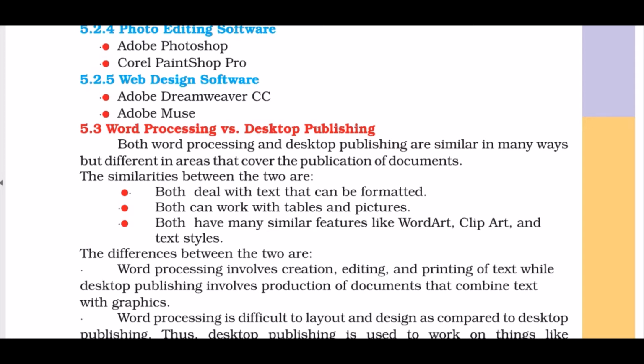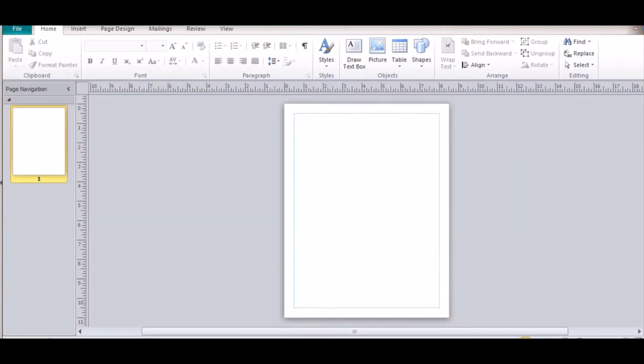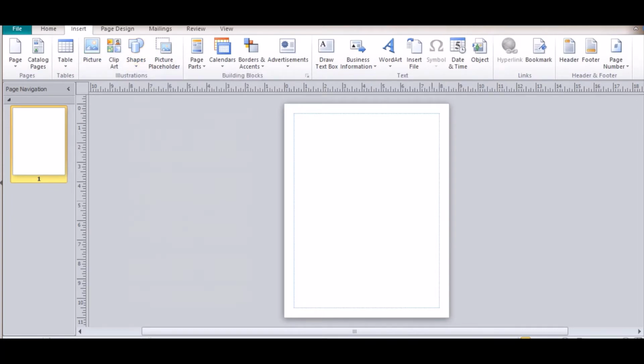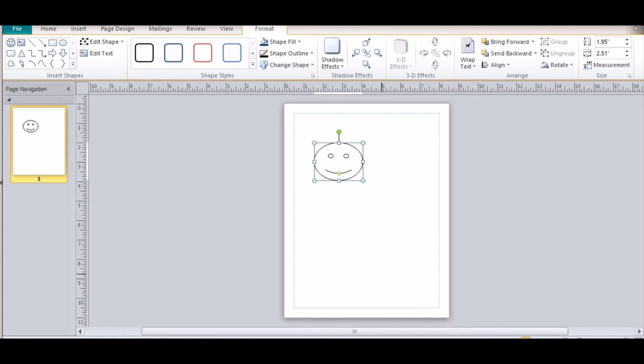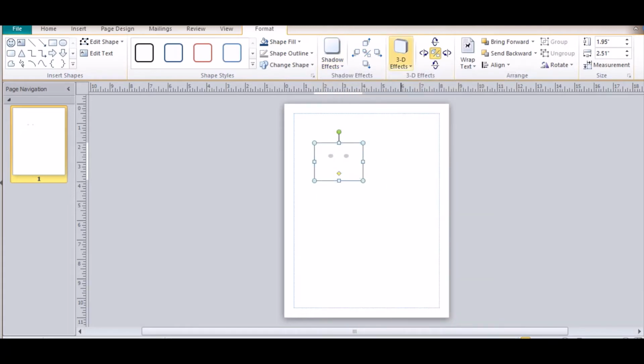Text, you can edit text as well, but the more focus is on graphics, just like Microsoft Publisher. You can have a blank page or a template. In the same way, insert a picture or a shape, any shape that you want. You can round the edges. You can have different shadow effects, 3D effects, etc.